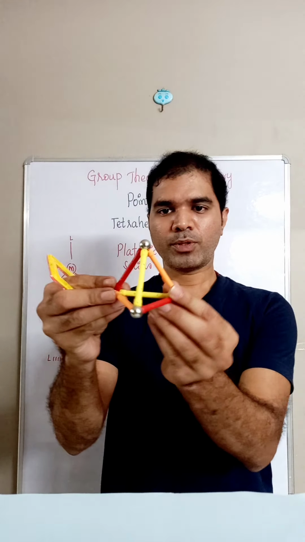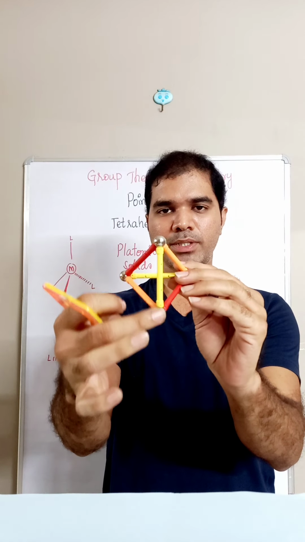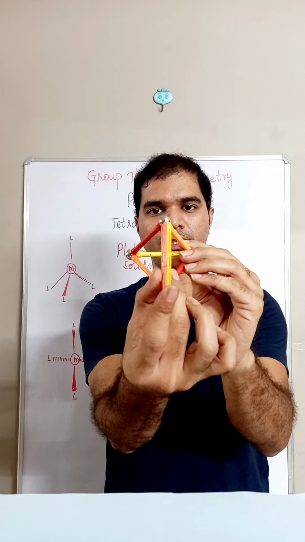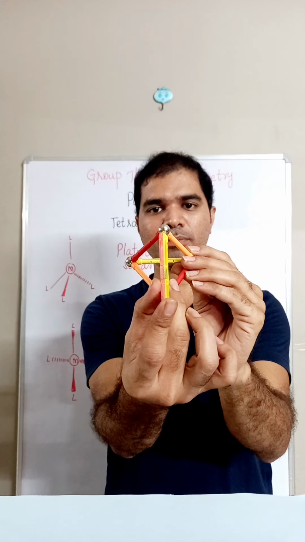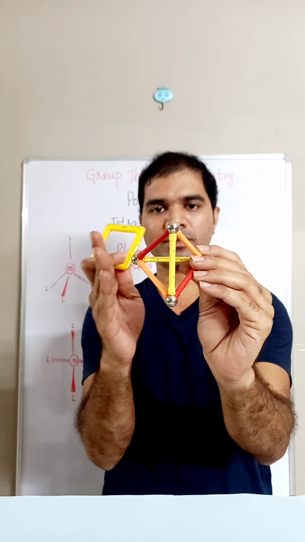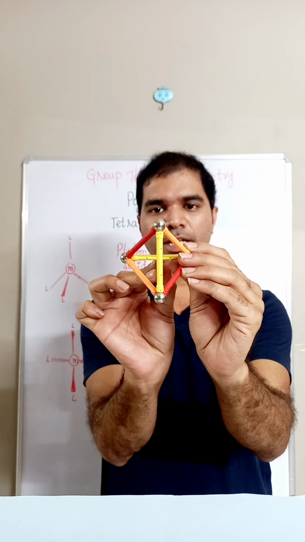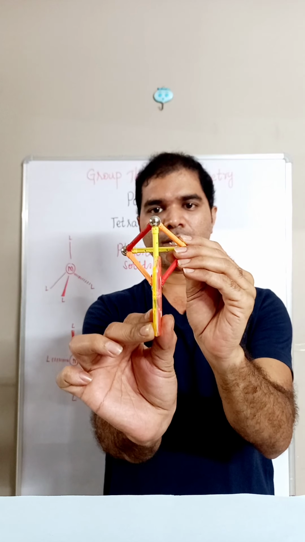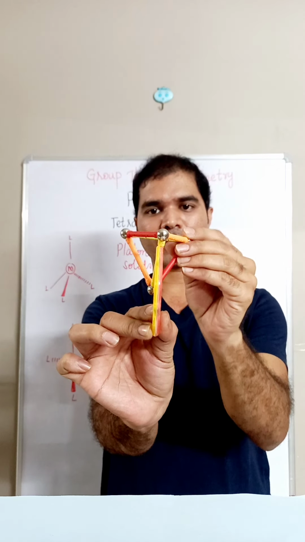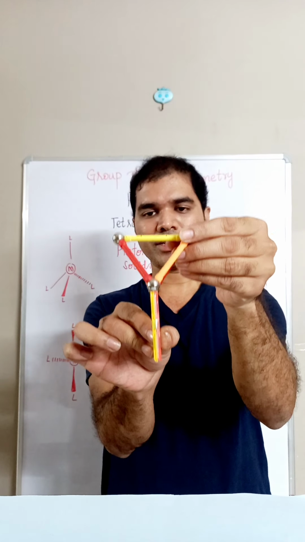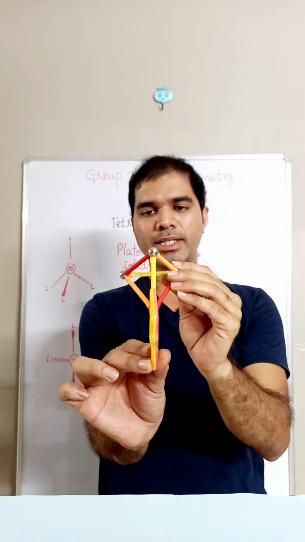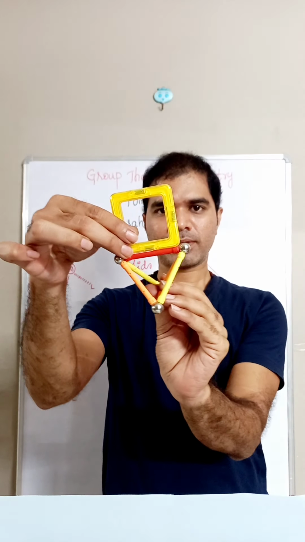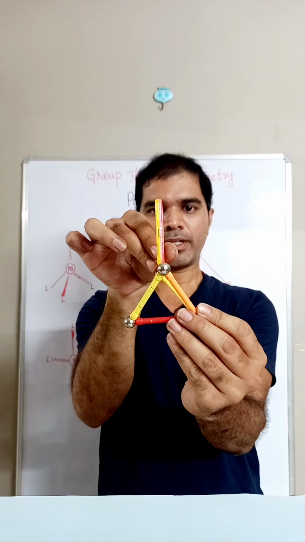Now if I am holding the molecule in this manner, you can just watch yellow is facing towards you. If I am just trying to pass a plane exactly from here, you can see it is cutting the molecule into symmetric halves. One half is a mirror image of the other. So this is how the plane is. And this plane, it is just taking up one complete edge. Altogether there are 6 edges in this, and through each edge a plane will pass. This is from a red one.